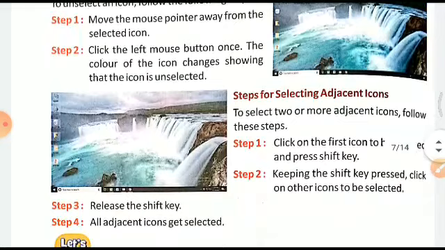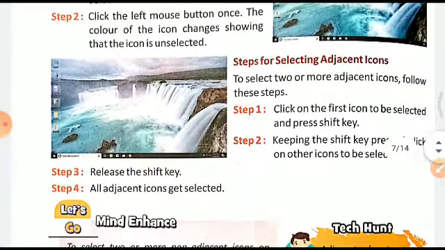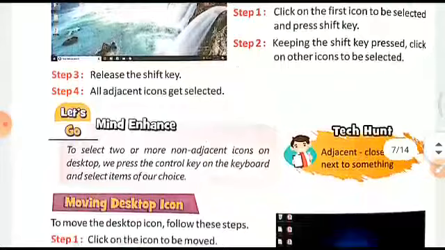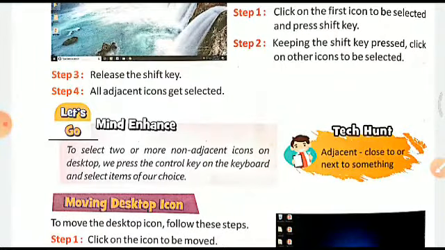Steps for selecting adjacent icons. To select two or more adjacent icons, follow these steps. Click the first icon and then press the shift key. Keep the shift key pressed. Click on the other icon to be selected. Release the shift key. All adjacent icons are selected. Now see this mind enhance.